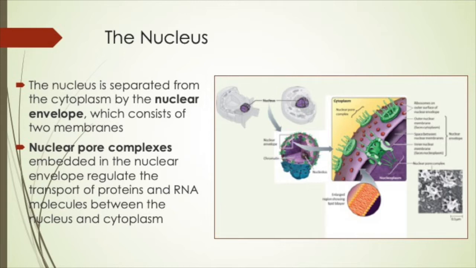It consists of two membranes. We have the nuclear pores, right? What comes out of those nuclear pores? The RNA, right? The RNA and a certain protein. There are some other things that can come out too, but mainly the mRNA and a protein. All right. So those go off to the